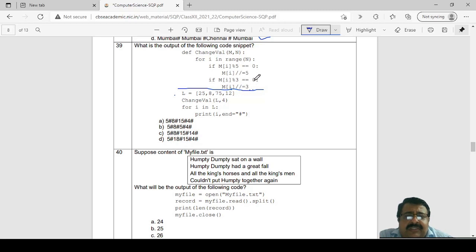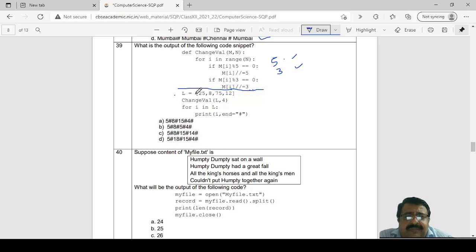So basically, if a number is divisible by 5, divide by 5. If it is divisible by 3, divide by 3. And you can see there is no else in between. So if a number is divisible by both 5 and 3, then divide by both 5 and 3.